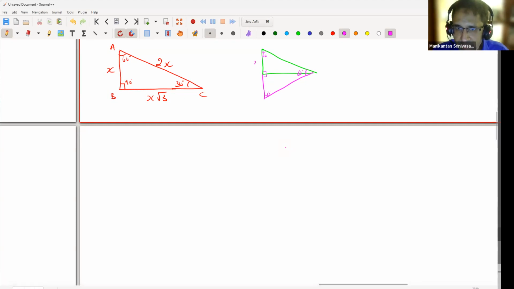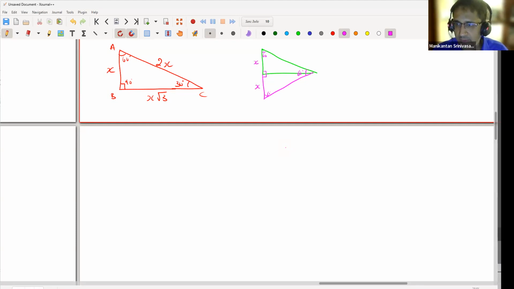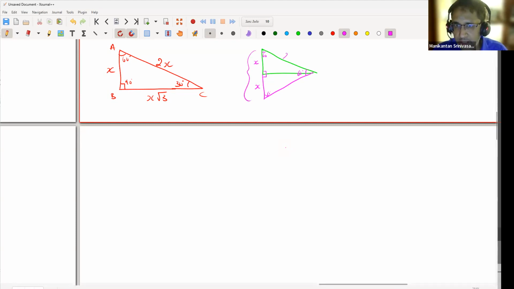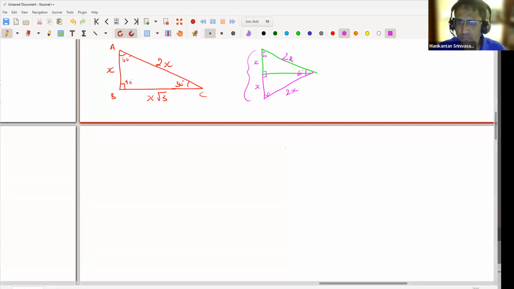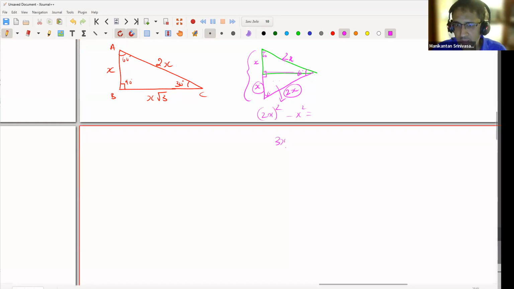So let's say I started off with this x here. By symmetry, this is x. A reflection, this is x, right? And because this is 2x and this big triangle is equilateral, this has to be 2x, and this has to be 2x as well. And now if I focus on any one triangle, let's say this bottom triangle, I know this is 2x. I know this is x. By Pythagoras theorem, I can find 2x square minus x square, which is 3x square. So square root of 3x square is x times √3. So the ratio of the 3 sides in a 30, 60, 90 triangle is 1 is to √3 is to